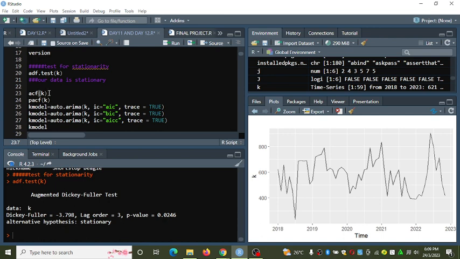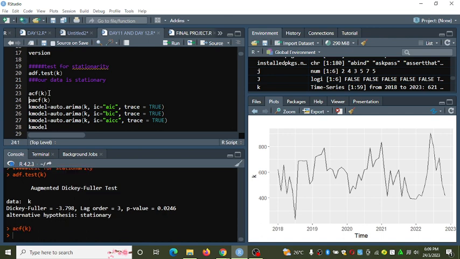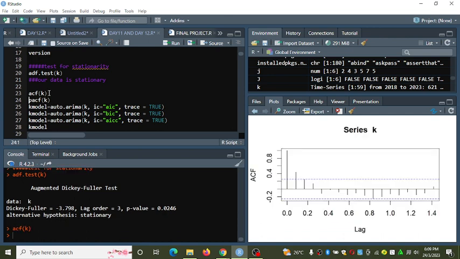For example, when we execute the ACF of K, what is ACF? Autocorrelation function. Yes, very good. The autocorrelation function can be used to give us which part of the model.